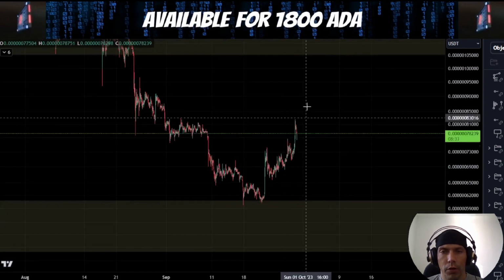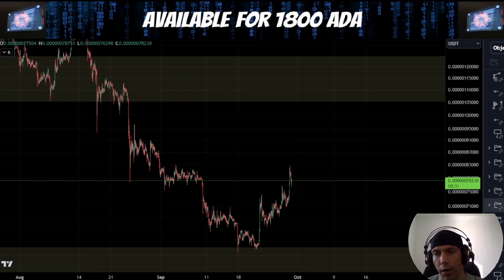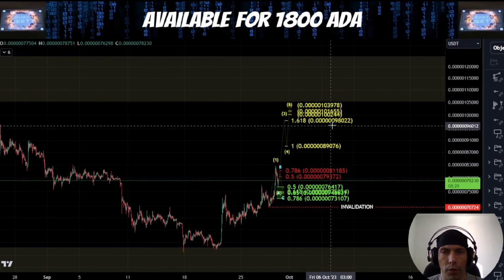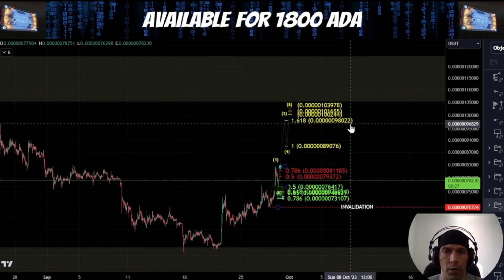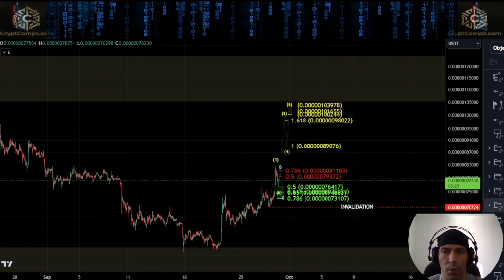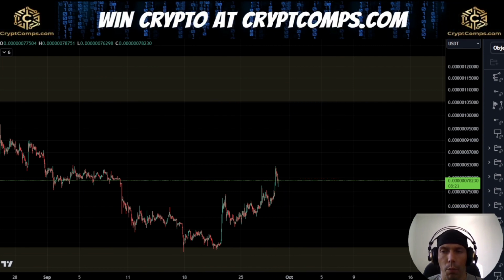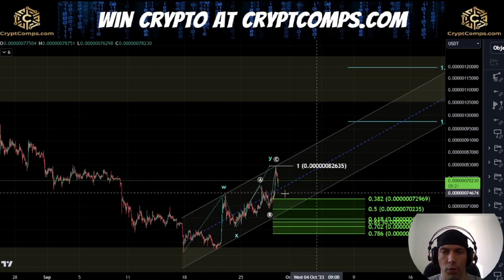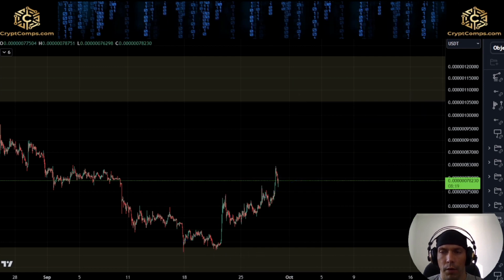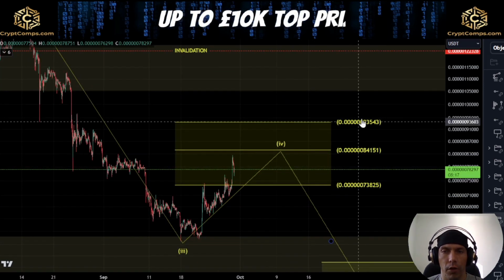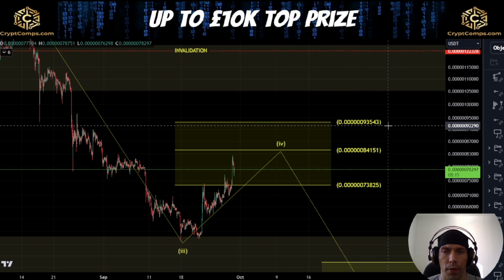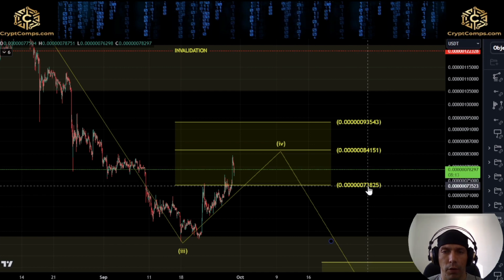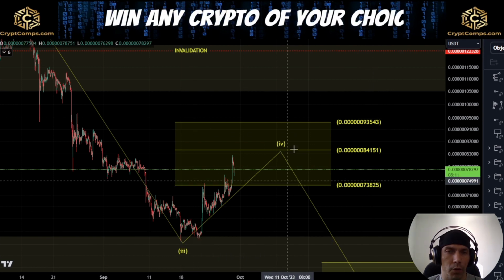But if we do start to rally here, it's going to be very important that we hit that target of this 98020. Until we actually hit that zone, we need to just be aware of that more bearish situation here, where this could just be a corrective move. And we're still looking for rejection here between this 93543 and this 73825 as a potential rejection zone